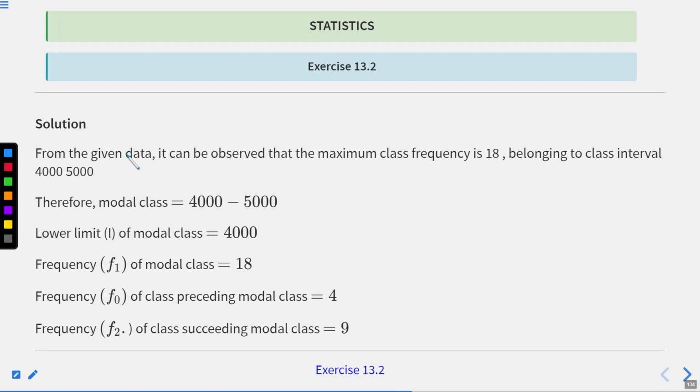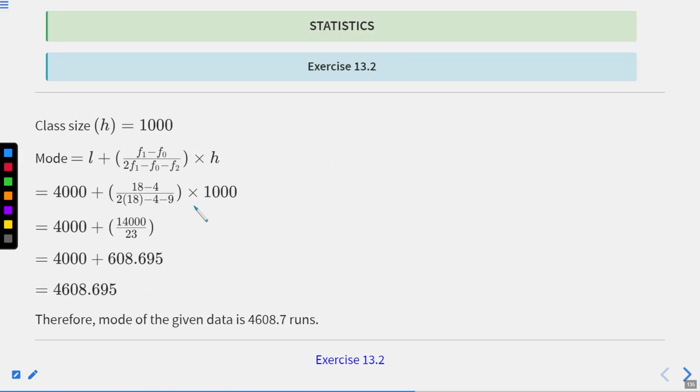So from the given data, it can be observed that the maximum class frequency is 18, and this belongs to the class interval 4000 to 5000. Okay, so this is the modal class, and the lower limit of the modal class is 4000. Frequency f1 of the modal class is 18. Frequency f0 of the class preceding the modal class is 4, and frequency f2 of the class succeeding the modal class is 9. And class size h is equal to 1000, and we know the formula: